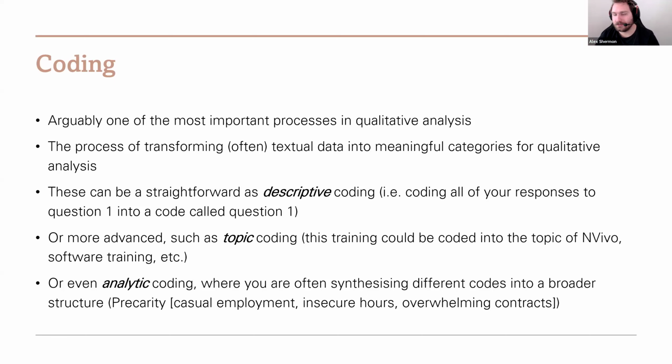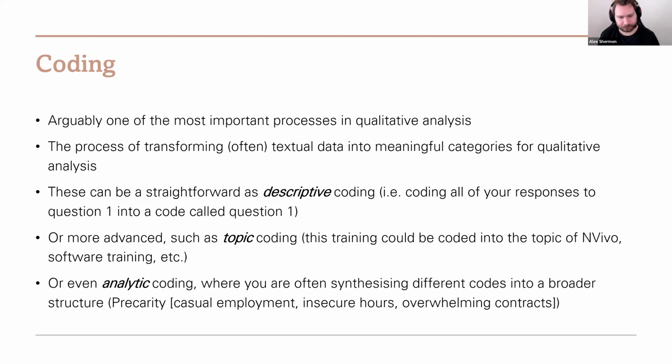We then have topic coding, which is where you start out with coding, where you're highlighting a sentence or a paragraph and saying, okay, what is this about? How would I describe this in a word or two? And then can I see that description being repeated across my data set? And eventually you end up doing analytic coding, in pretty much all qualitative methods, where you start to merge things together and try to build a